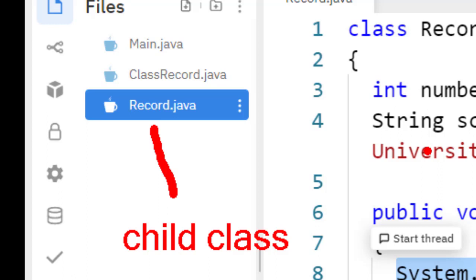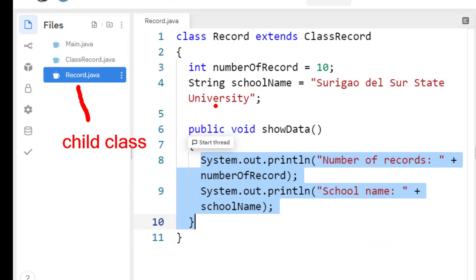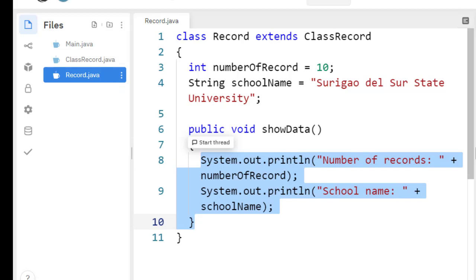Now, if we use the super keyword and invoke the method of the super record class, we can also change our code, just like what we had earlier. What we need to do is just go back into our code. I'll show you again what I'm trying to say about this one. If you want to display the roll number, the name of the student, the class name, the number of records, etc., then you have to